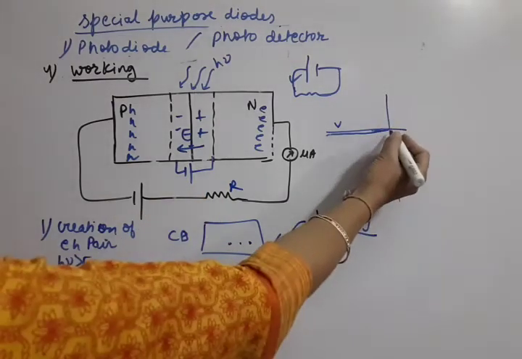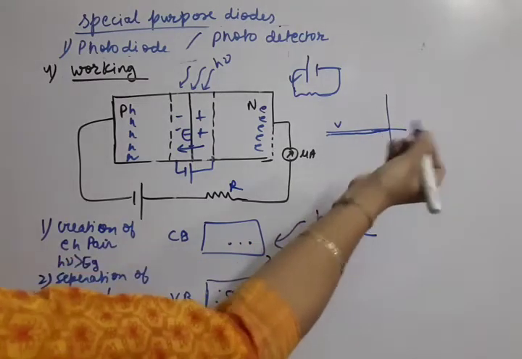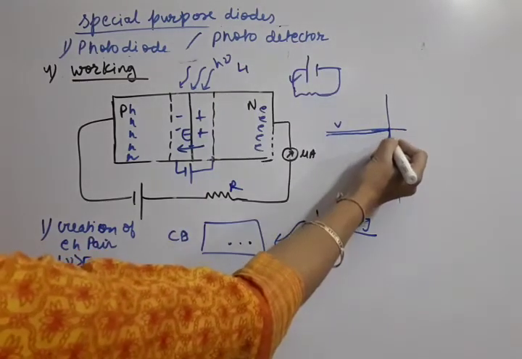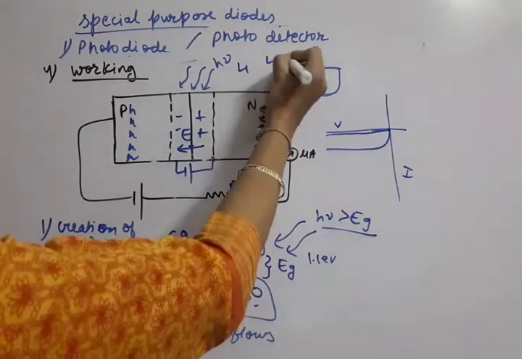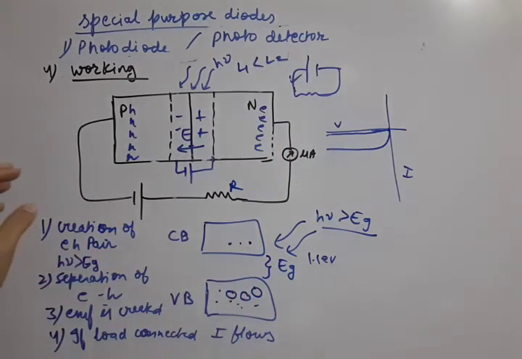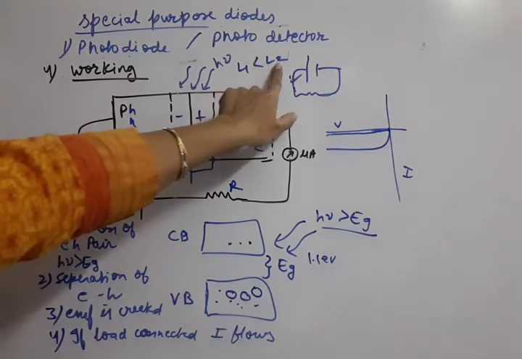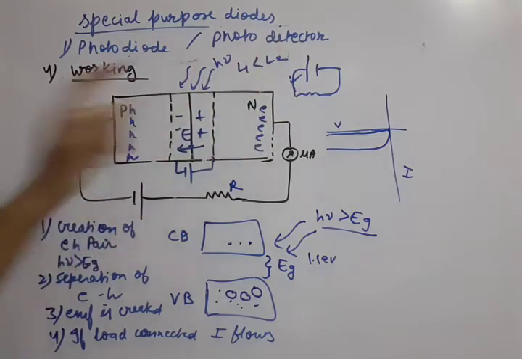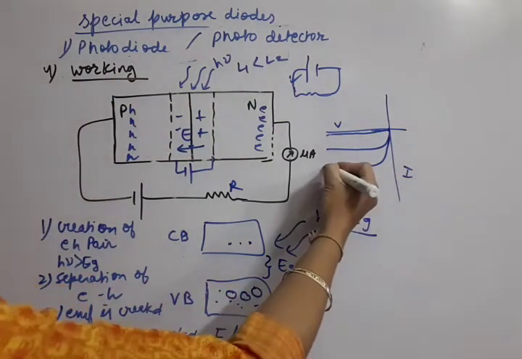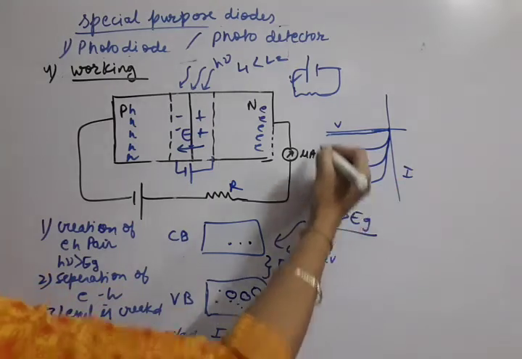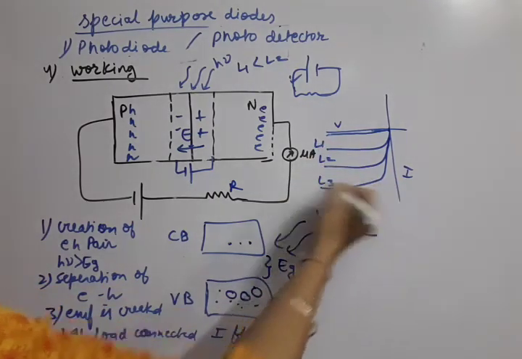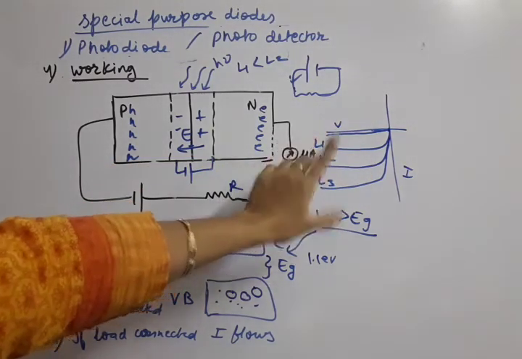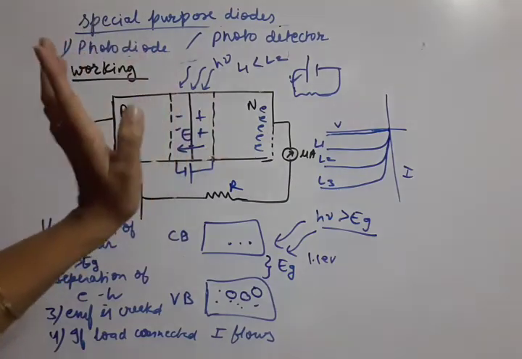If we draw a graph for light intensity, suppose for light intensity L1, some current will pass. If we take another light of greater intensity, greater intensity means more photons, which means more electron hole pairs generated, that means more current. Again current will increase, again current will increase. So depending upon light intensity, the current is increasing. This is the saturation current. You can see that this current does not depend upon the voltage at all, it depends only upon the intensity of the light falling on it.